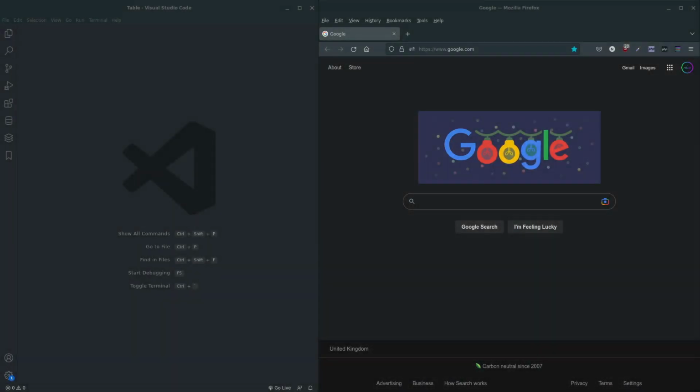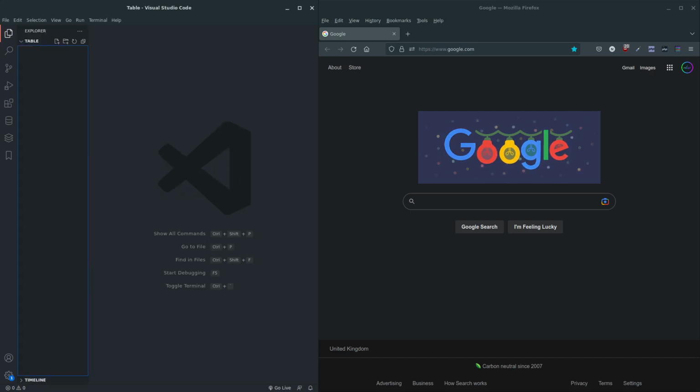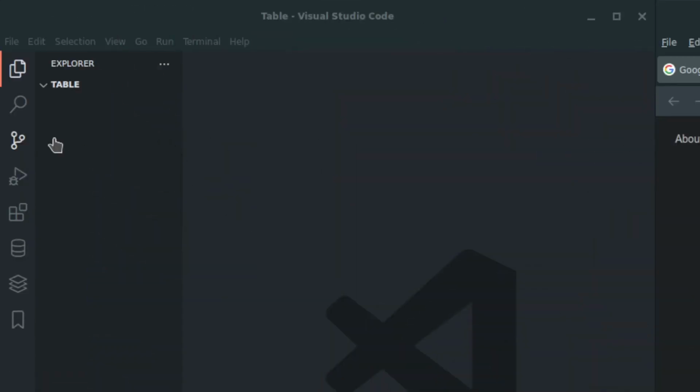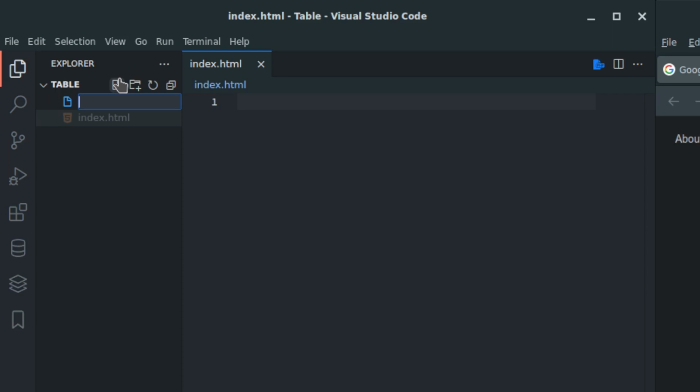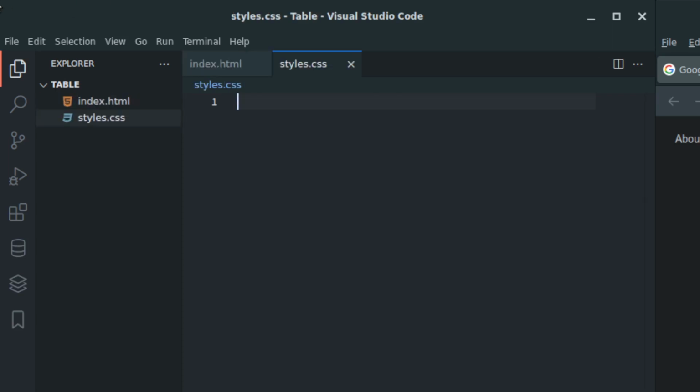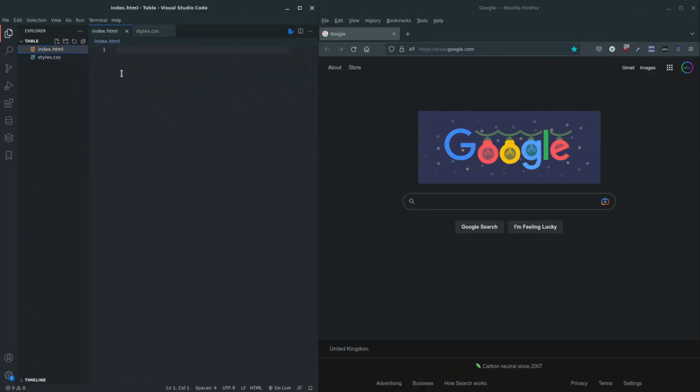Hi all, and welcome to this video on how to create and style a HTML table. Now, to get started, we're going to go up to the top left here. We're going to create an index file and a styles.css as always, and within the index we're going to do the